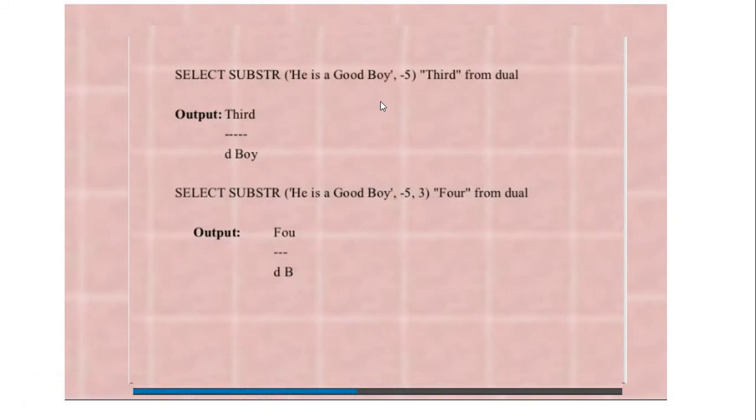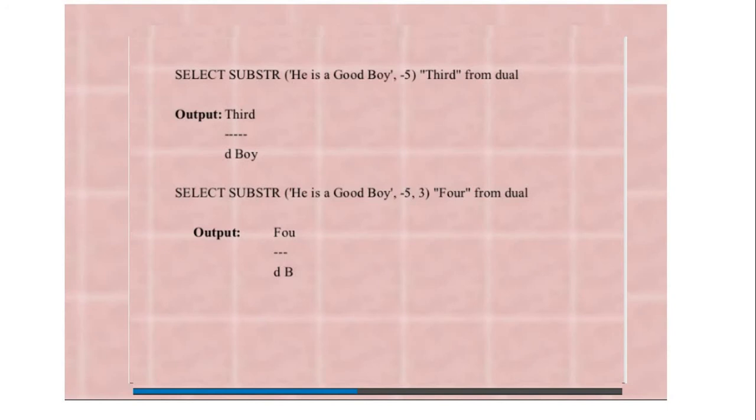When b is minus, then it will be counting the number of characters from the right side. When a is minus, it will be beginning from the left side. So here it will count these 5 characters. When a is negative, it will be starting from the right side of the string and will count that many characters. So here it will be counting these 5 characters, and that will be treated as substring.